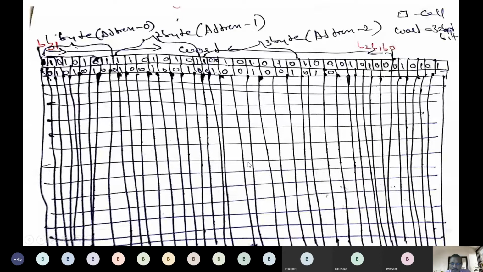And why is it 2 to the power of k? Because in a single cell we can store only two possible values, 0 or 1. That's why the possibility is 2 to the power of k. Why is it minus 1? Because we start from address 0. That's why we need to subtract 1.